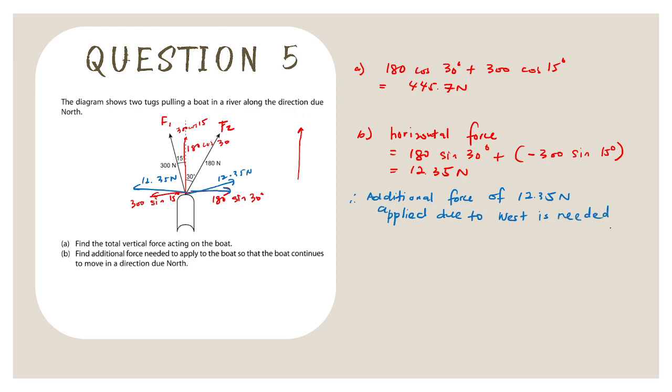Okay, so you have a rope, you tie at this point and you pull to the west with 12.35 Newton, and then the boat will continue to move in a straight line due north. Okay, so that will be the discussion